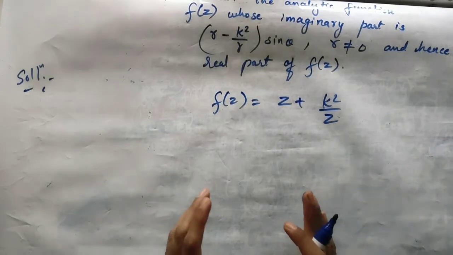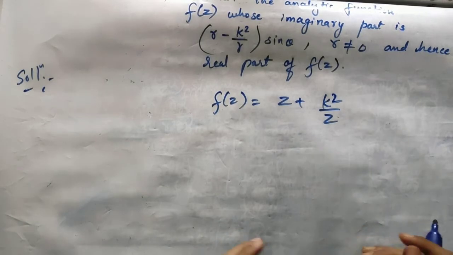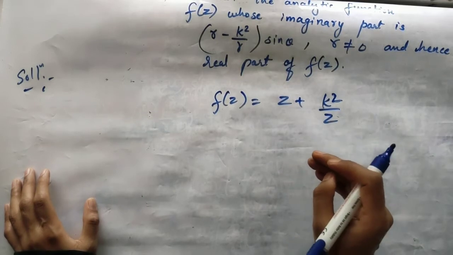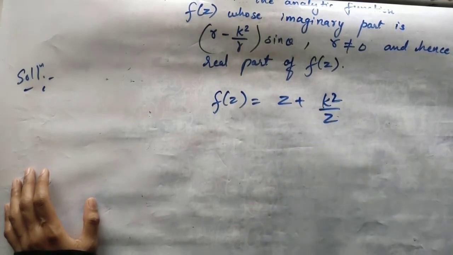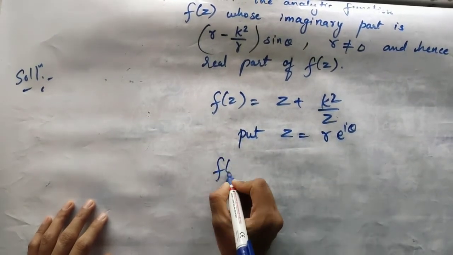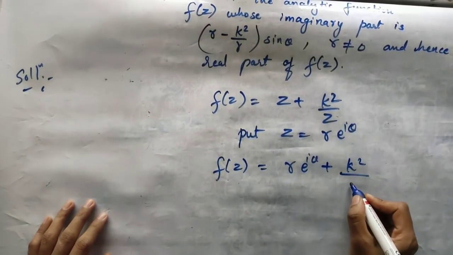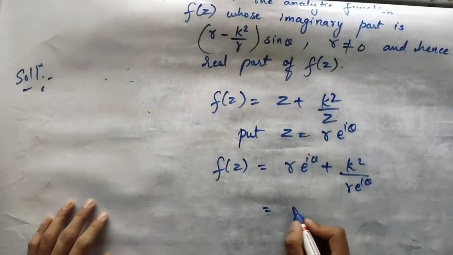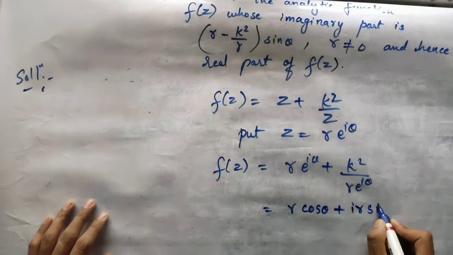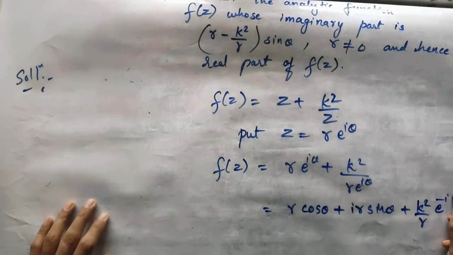While separating the real part, please don't consider that constant c. The constant c is an integral constant, and it can be real or it can be complex. That we do not care, okay? Even if it is real also, it will add up some constant numbers to our function, nothing else. In this now you put z is equal to r into e to power i theta. So your f of z will be r into e to power i theta plus k square divided by r into e to power i theta. Okay, so r into cos theta plus i r sin theta plus k square divided by r into e to power minus i theta you will get.